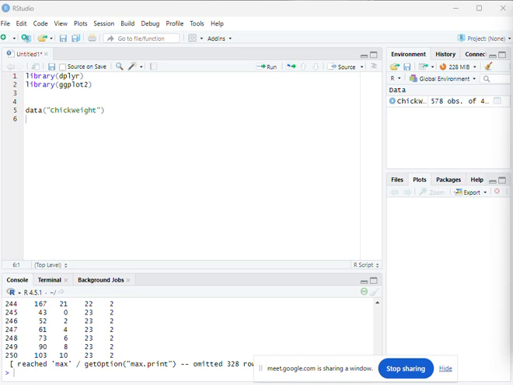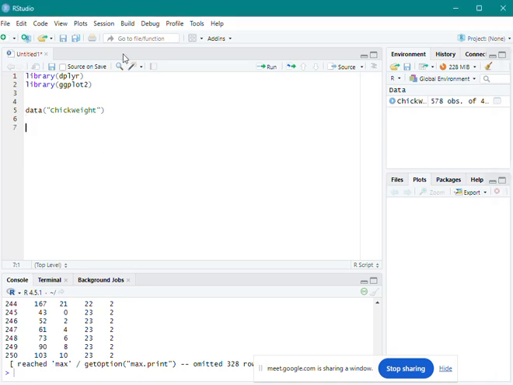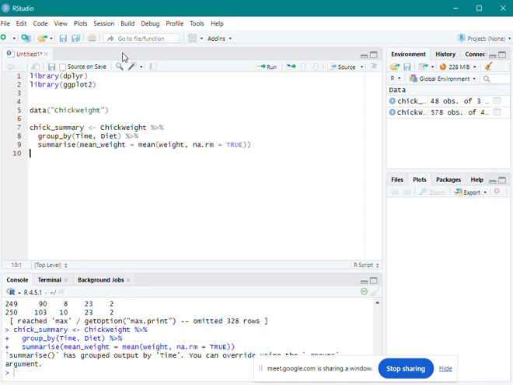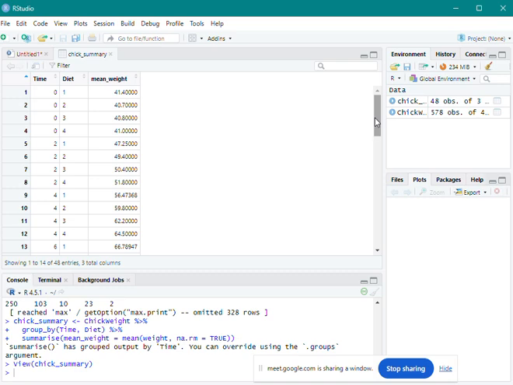To do that, we simply run this. As you can see, we already have our second data, the summarized data, here in the environment.